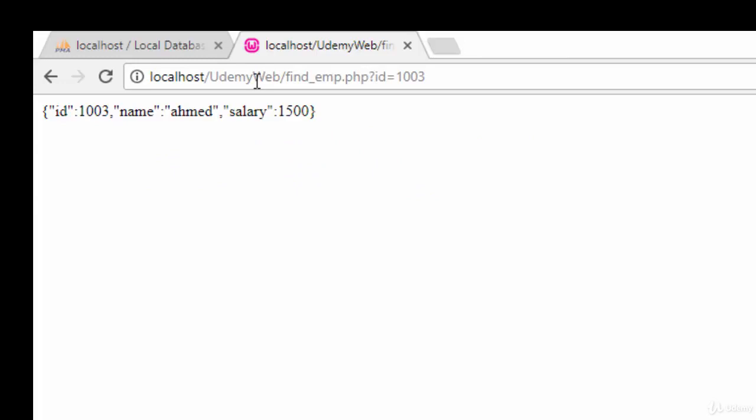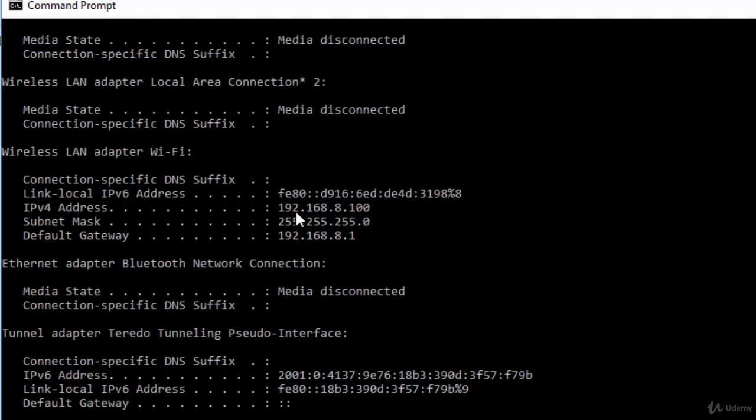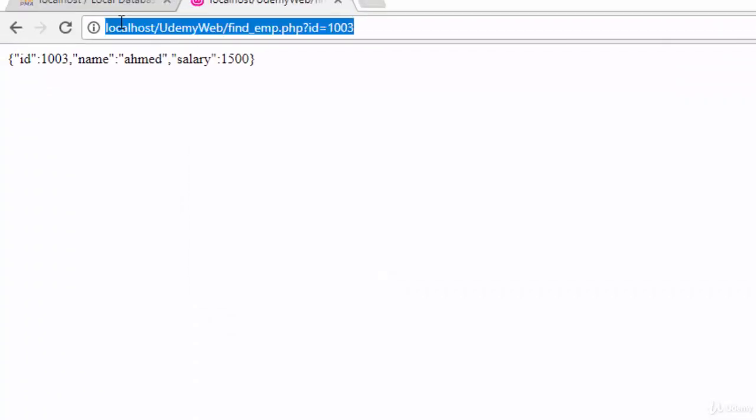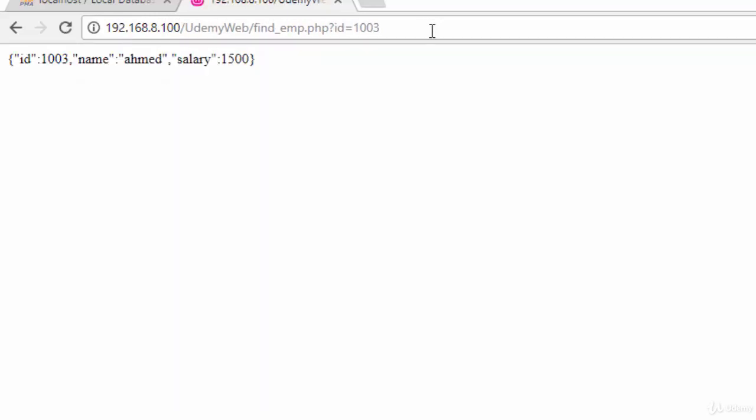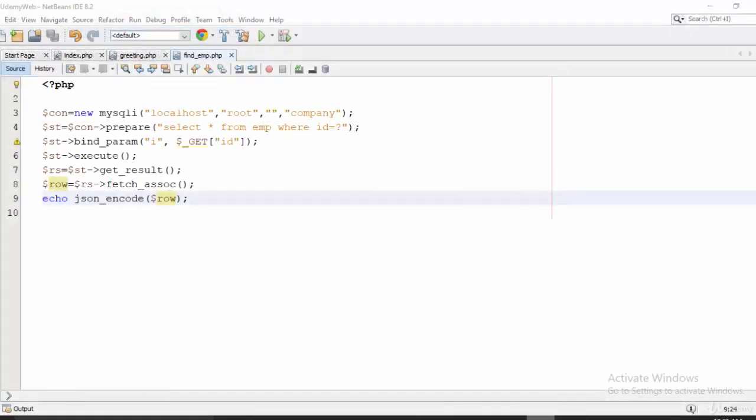Okay. As we have talked also in the previous video, in Android, the localhost will not be accepted. So go to the CMD, write ipconfig, and get this IP, which is 192.168.8.100. So let's try it instead of localhost, 192.168.8.100. Yes. Now copy this to the Android. So in Android Studio,